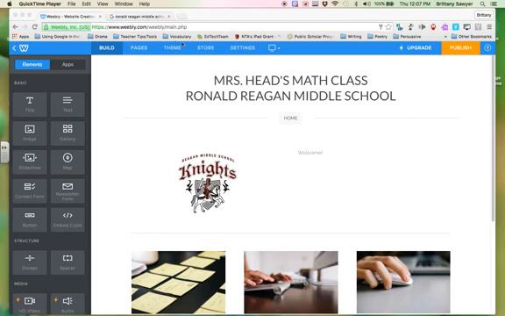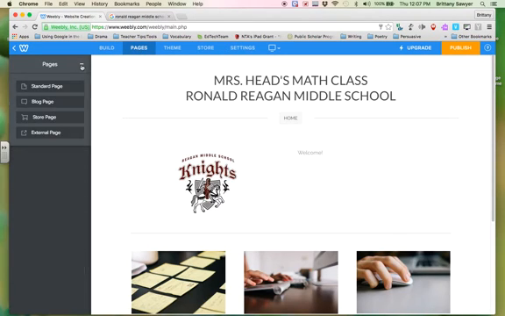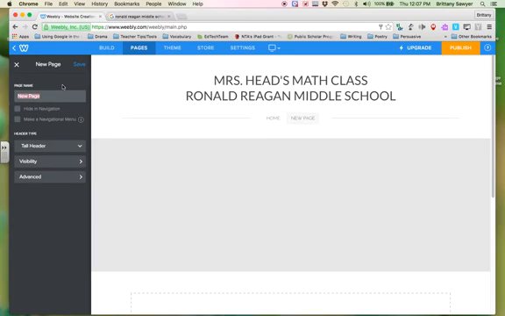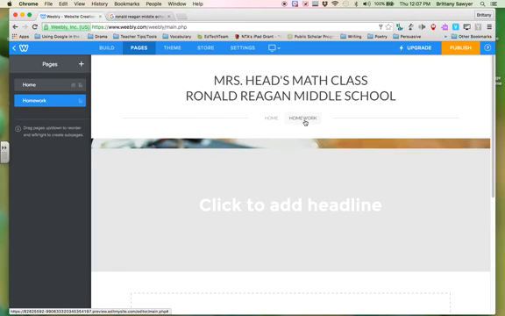So you go up here to your option settings again, and you hit pages. And then you hit add. And then we want a standard page. And we title the page right here so we know what it's called. And I'm going to call it homework, because that's going to be their homework as your flipped lessons. So now, as you can see, it's added to the bar,